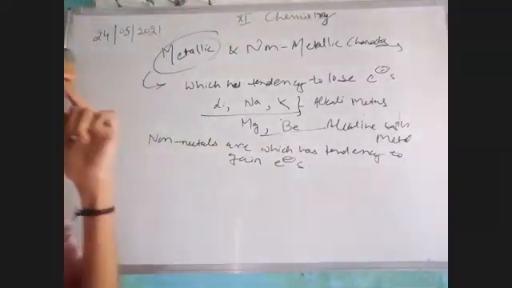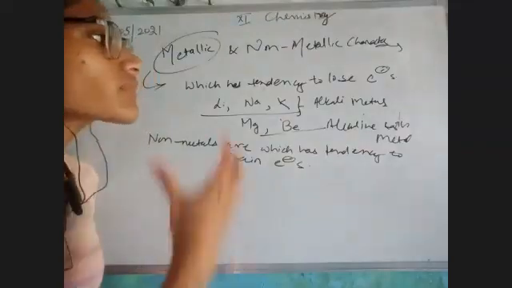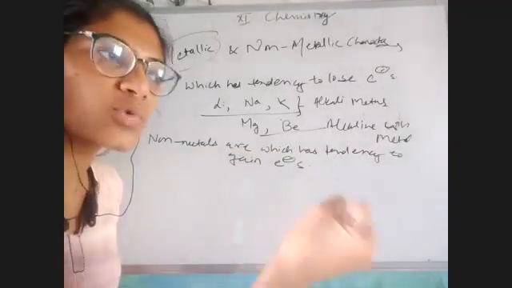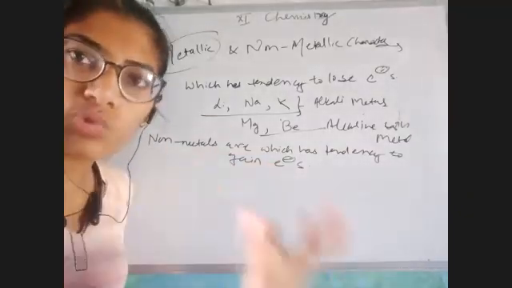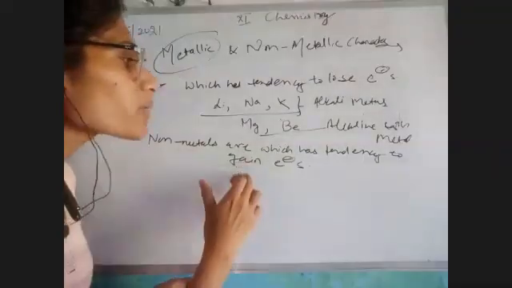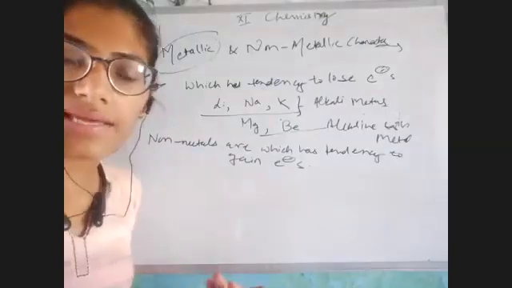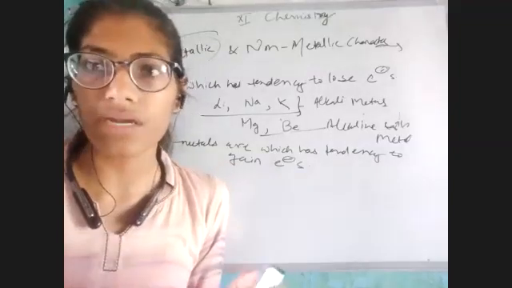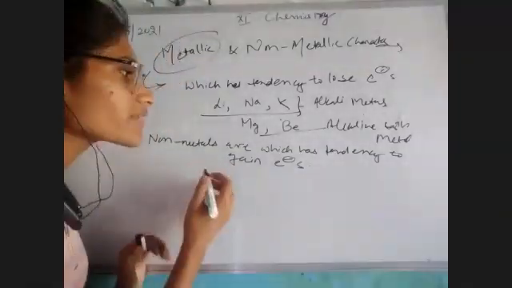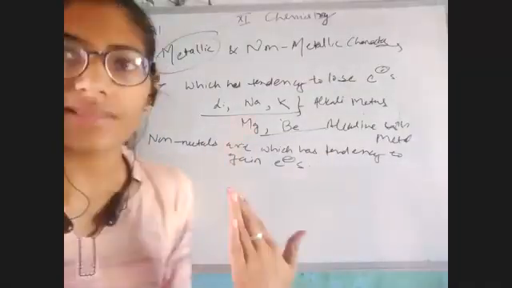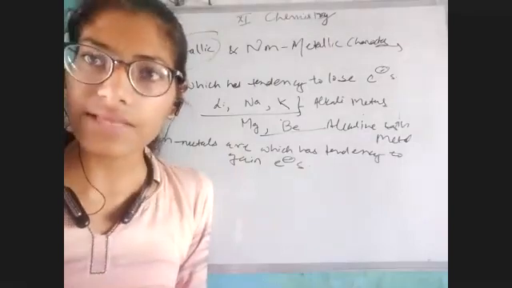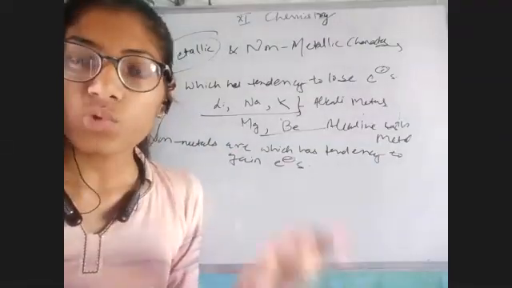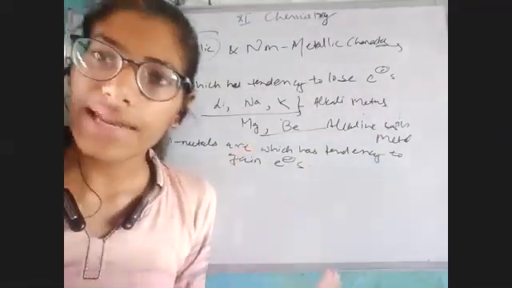Now, just concentrate on my voice, on what I'm going to say. In the last topic, we studied electronegativity. Electronegativity means the tendency to attract a shared pair of electrons towards itself. And non-metals are those which have the tendency to gain electrons. That means we can relate our non-metallic character with the electronegativity. Am I clear? In electronegativity, we are saying that they have the tendency to attract electrons, or we can say electron gain enthalpy. That means we're gaining an electron, whereas metallic character is losing the electron. So these properties are quite related to the electronegativity.